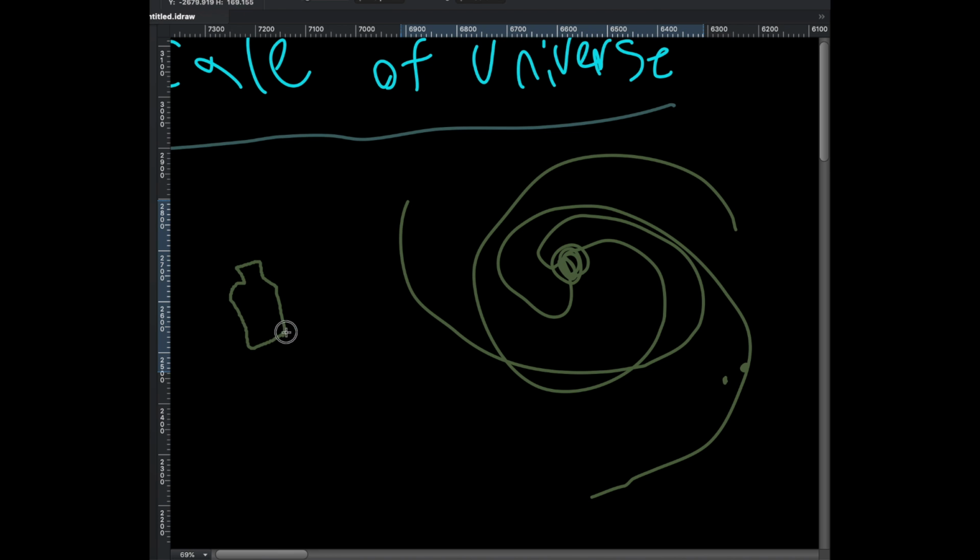Disclaimer, this does not contain a bunch of milk bottles. I just wrote milk. Here's the Milky Way. Milk plus E, way. The way. The milk plus E, way. Okay. Anyway, so